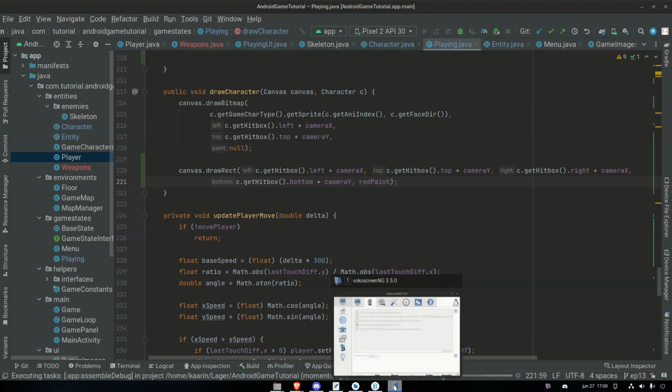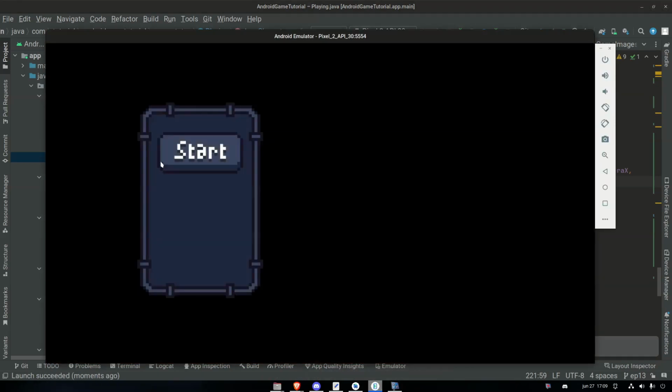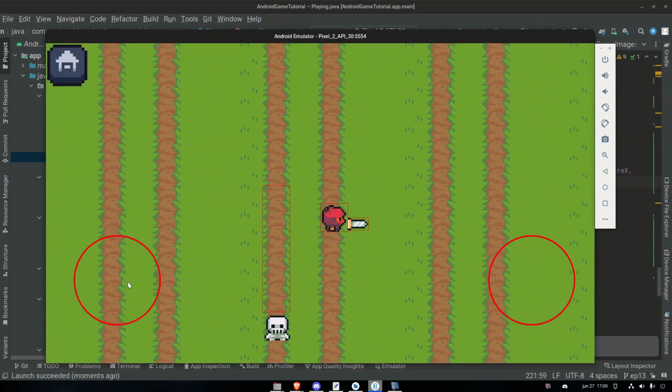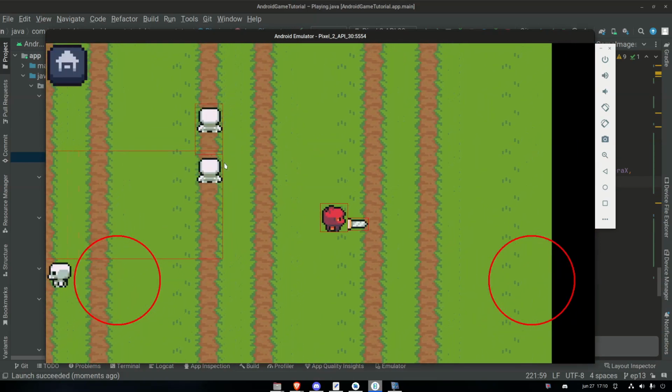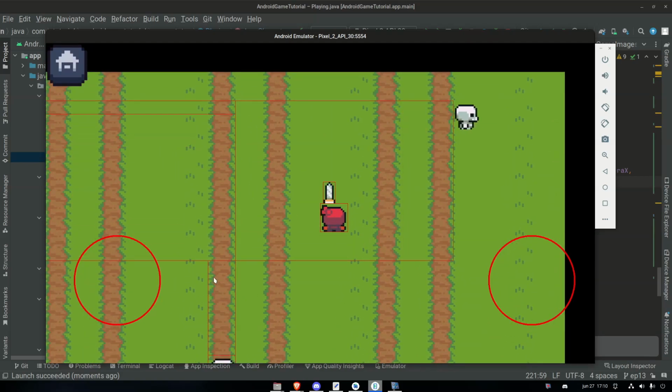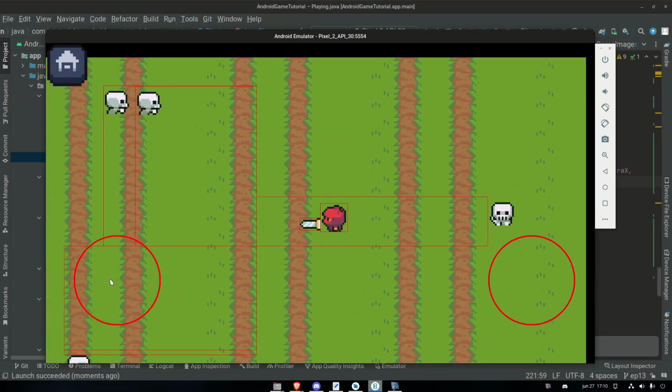Let's take a look. They're still gonna look weird, but as you can see, they are basing their position on the spawning point